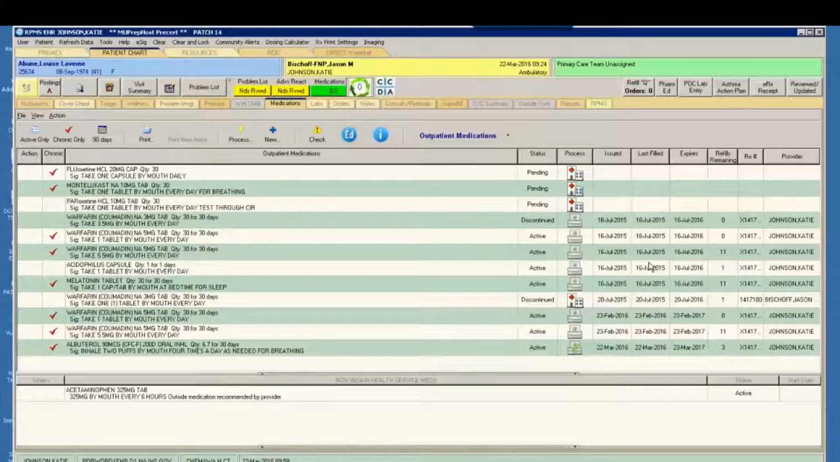Expires, that's a calculation done based on the issue date. Refills remaining, very self-explanatory. The RX number has an X in front of it if it was to be filled at an outside pharmacy. And if it was to be filled in-house, which I have, the pending ones are still pending, they have not been filled, they don't have a prescription number yet, or these other columns